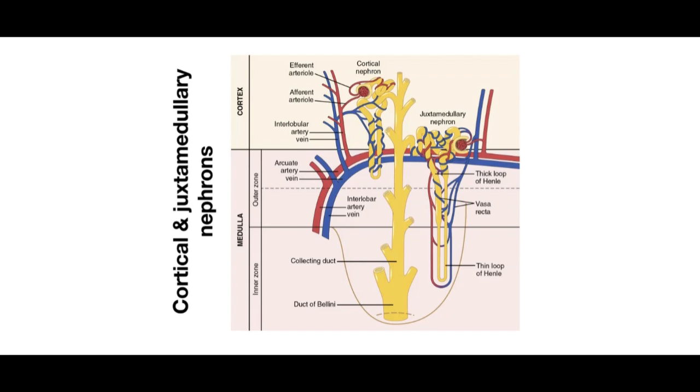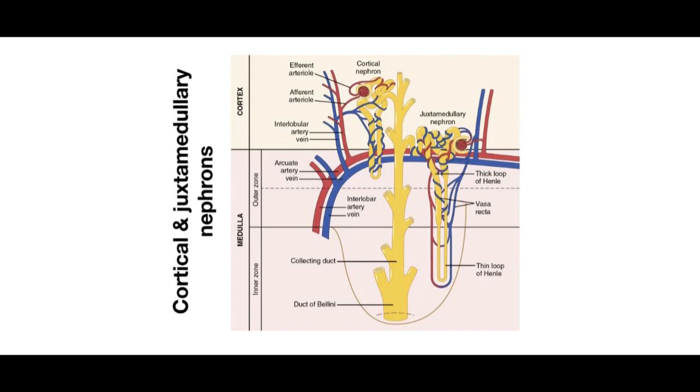But they have a comparatively longer loop of Henle, and it delves way down into the inner portion of the medulla. It's only 15% of all the nephrons that make up your kidneys, but they have a really important key role in being able to produce highly concentrated urine. So when you mix that highly concentrated urine with the normal processing urine that you find in cortical regions, you can greatly regulate the osmolarity of the urine that's being produced. Okay? So to look at it from our little guy here,